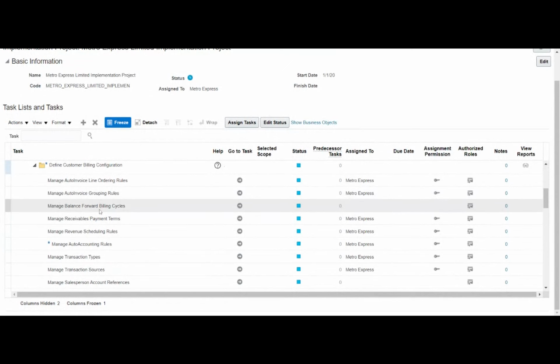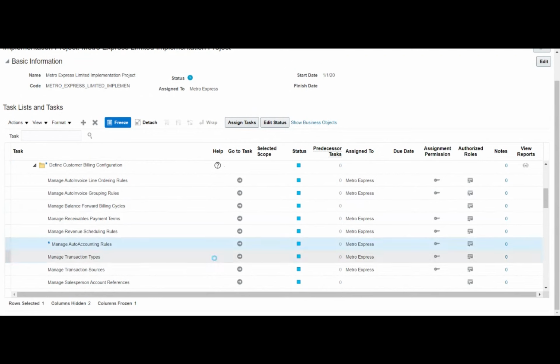So as I said, auto accounting is basically used to generate our accounting code combination automatically. If we are creating a manual invoice, we will not need this particular setup, so it becomes an optional configuration. But if we are importing transactions from, let's say, order management, or from a different system from where we import the invoices, then we will need this auto accounting setup as mandatory. So I'll show what configurations we will do.